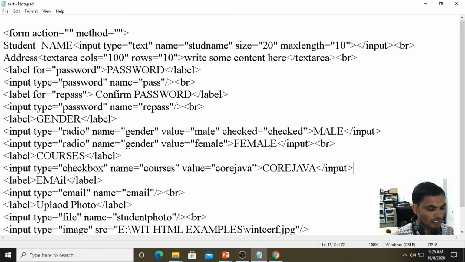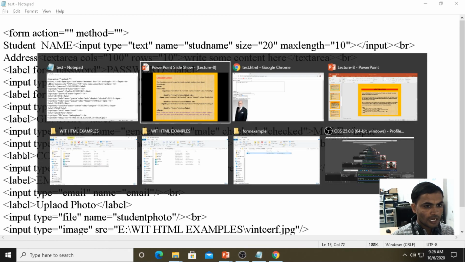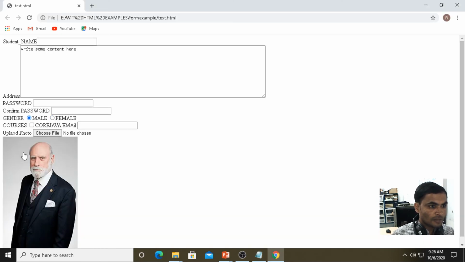Then see here, Control S, Alt tab. Now see here, courses, we are getting in the format of a checkbox.